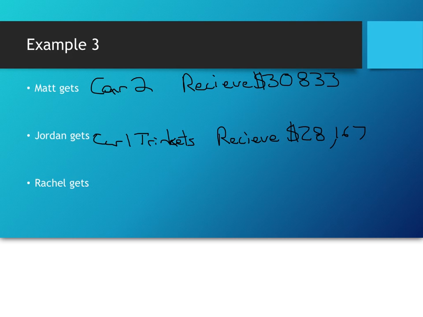Rachel gets the house and the furniture, and she is going to owe or give $67,000